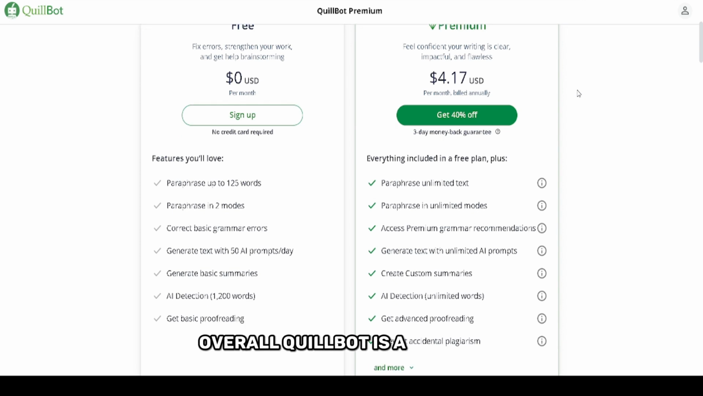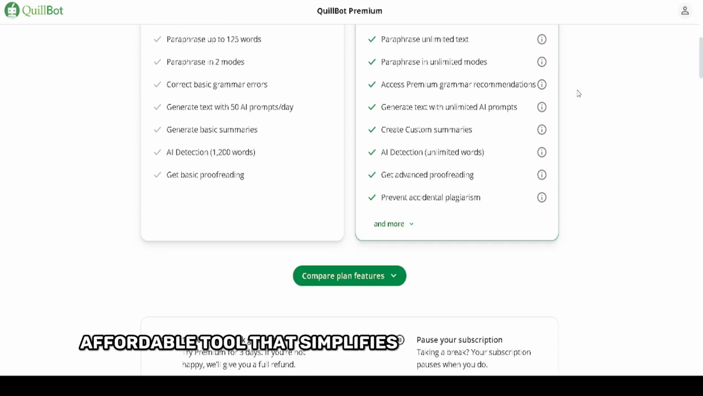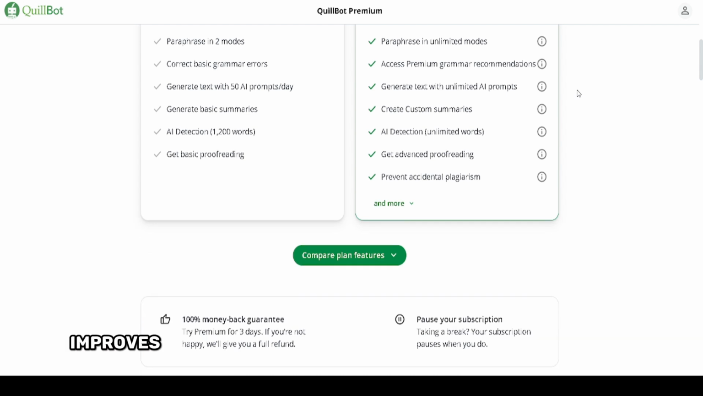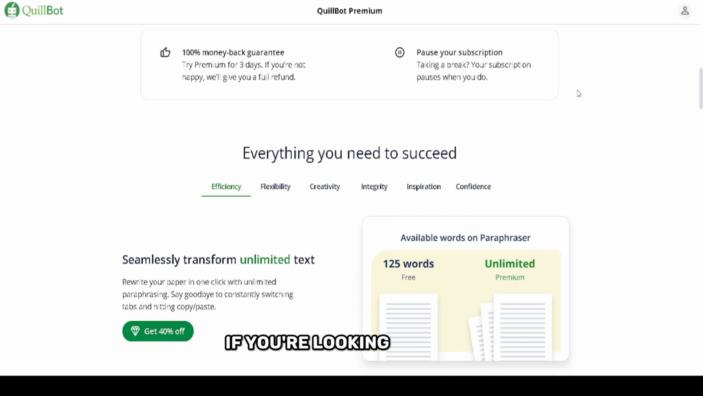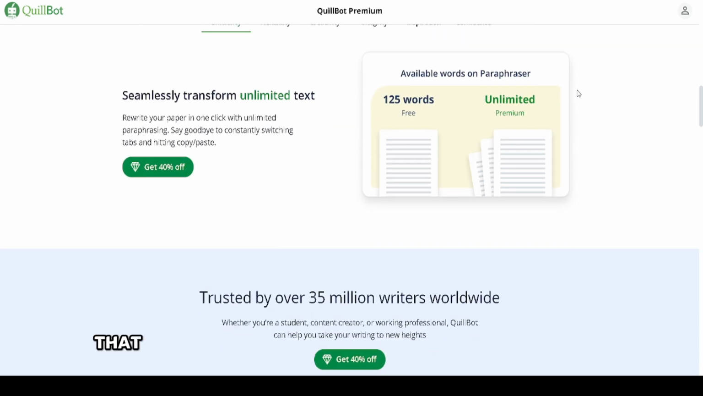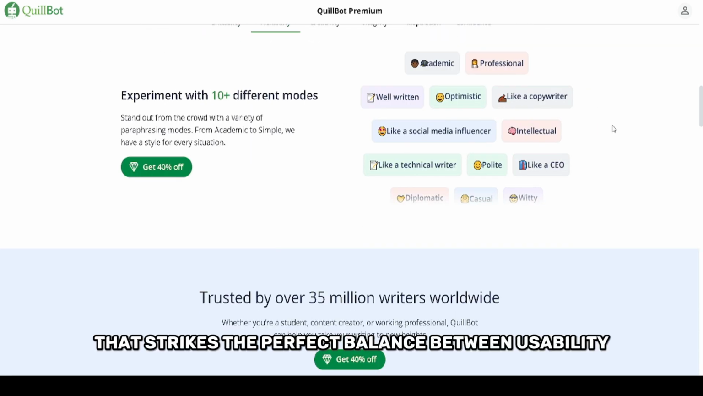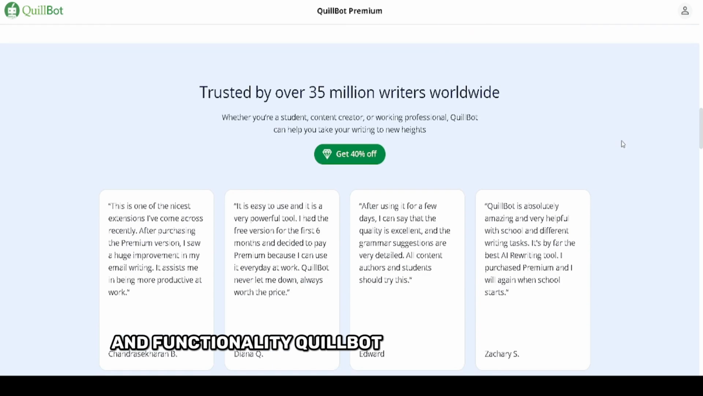Overall, QuillBot is a powerful, affordable tool that simplifies complex writing tasks, improves productivity, and delivers high-quality results. If you're looking for an AI writing assistant that strikes the perfect balance between usability and functionality, QuillBot is worth